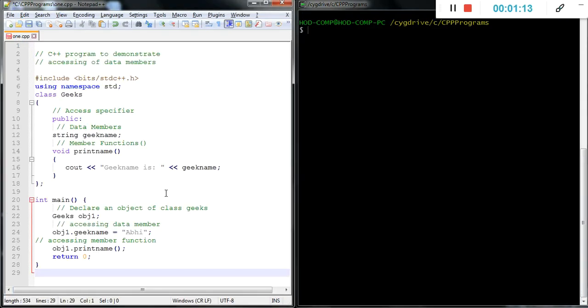Then we simply copy the code into 1.cpp.